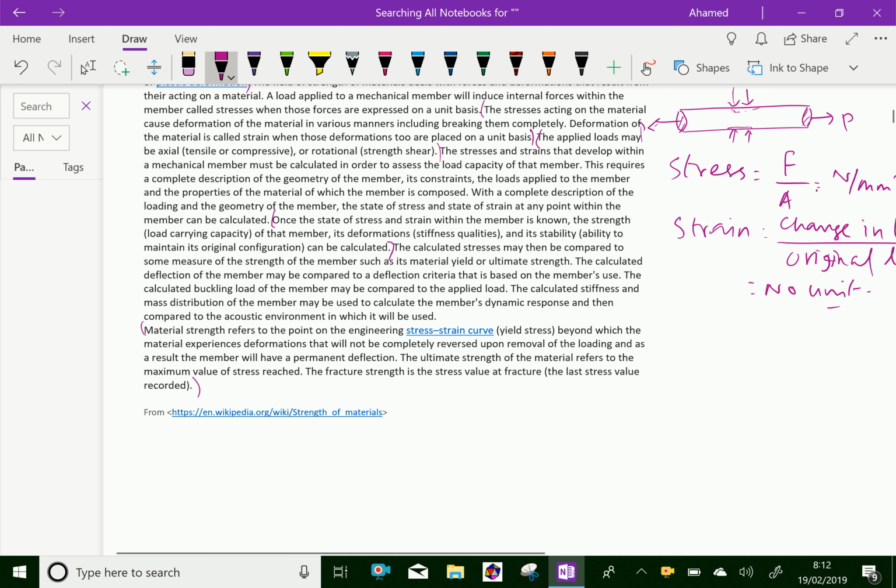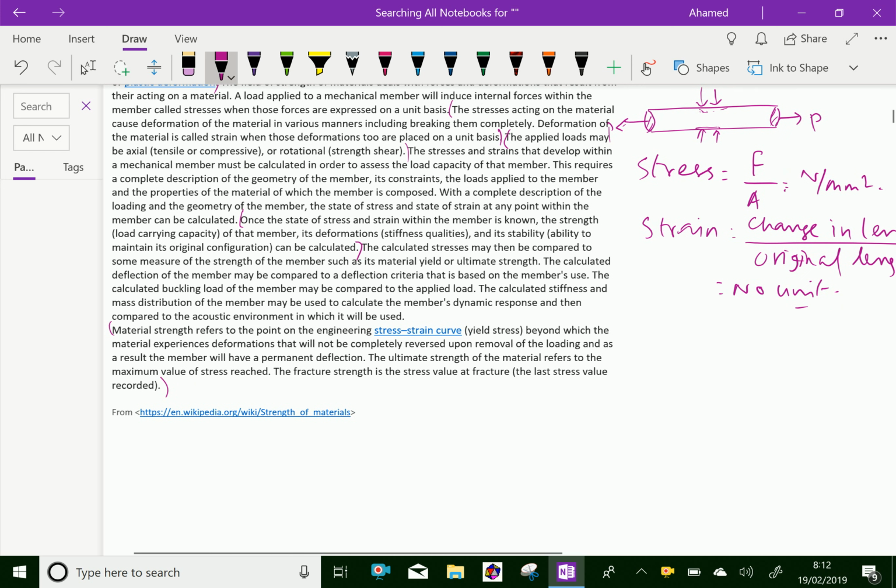Suppose some material is there, if you apply a continuous load, continuously increasing, the deformation of the material happens. After releasing the load, that deformation will not get back. That means the material will not come to the original shape. That is called the plastic limit. Beyond the plastic limit, it won't return to the original shape.